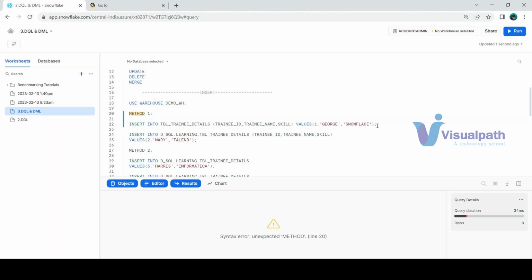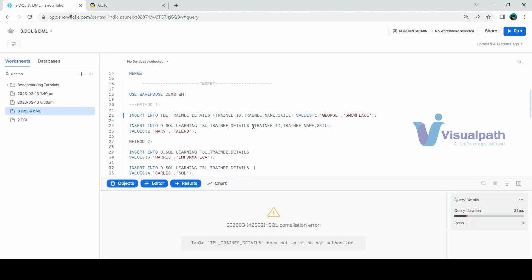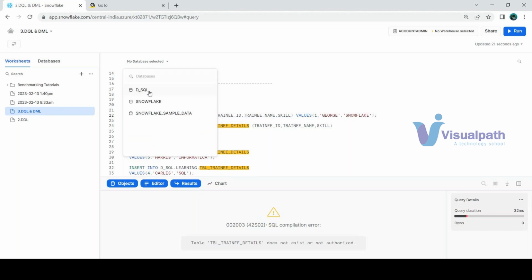it is saying okay. So here I haven't given the context, right? So that's the reason. Now it has thrown some error saying table trainee details does not exist or not authorized. I'm just repeatedly recreating this error just to remember that either we have to go with a fully qualified name or we have to set the context. So just for remembrance purpose, now I will set this context